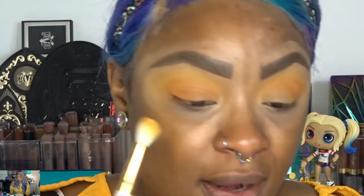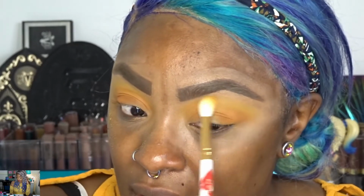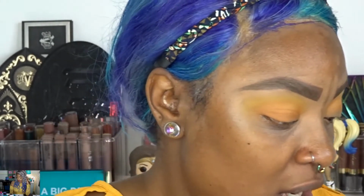And remember to go back with the first shade you started with and blend out those outer edges. That will help define everything and get it blended nicely so nothing looks harsh. It'll mesh the shades together. And I'm going to go with my Makeup Shack T56 brush, and I'm going to go into that nice, I don't know